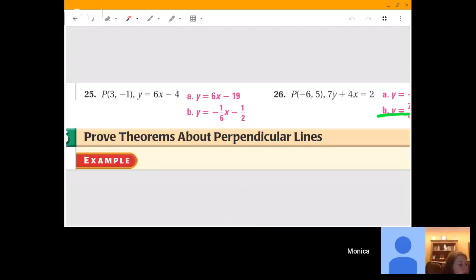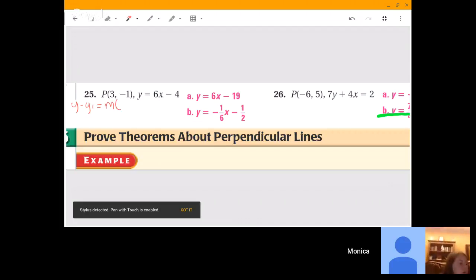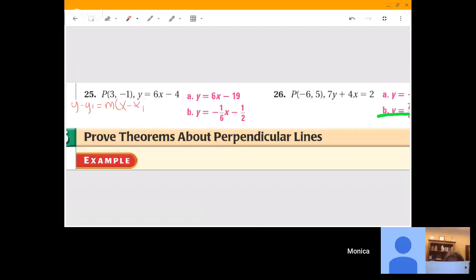If you use that formula that we've talked about, y minus y1 equals m times x minus x1. For a parallel line, we need the slope to be the same as this line. So we would plug in,